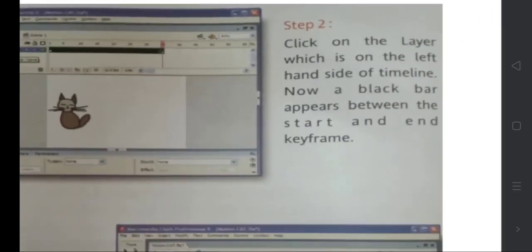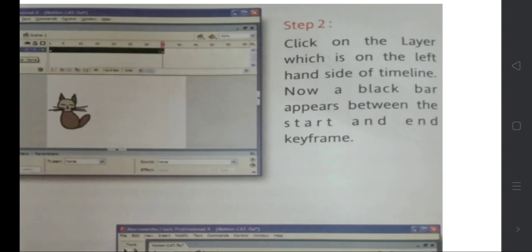Now what is the next step? Click on the layer which is on the left-hand side of the timeline. Now a black bar appears between the start and end keyframe. You can see the black bar in the picture.